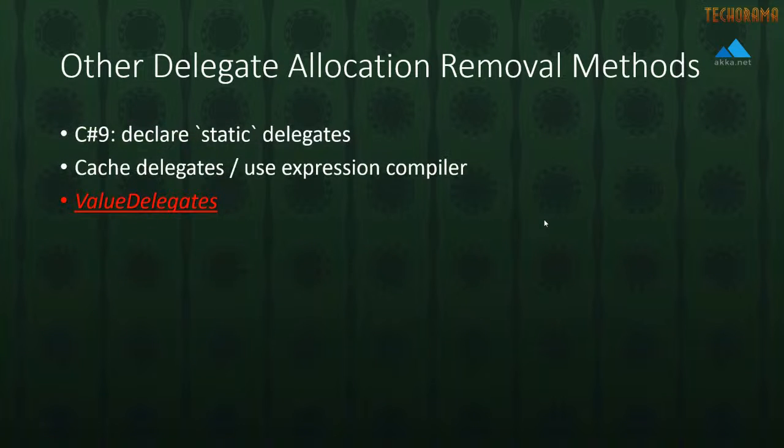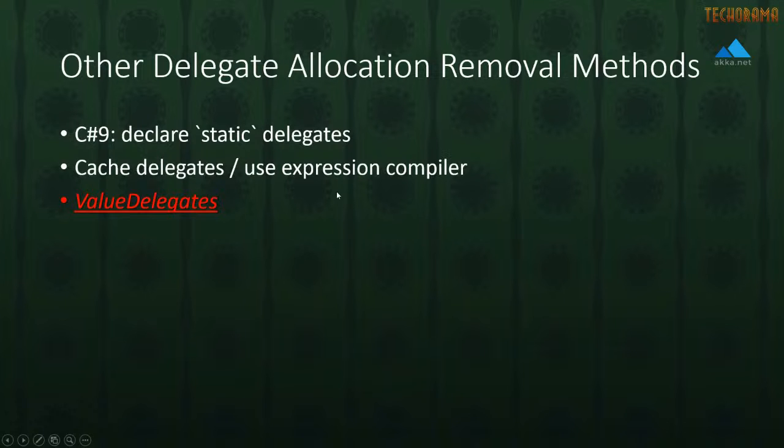Now, there are other techniques for eliminating delegate allocations aside from inlining it. Some people may not like inlining a delegate because maybe the delegate actually performs some fairly complex work. Well, one technique you can use in C# 9 is to declare a static delegate. This means that the compiler is only going to allocate a single instance of that method. Therefore, any state you want to pass into it, you have to pass in explicitly. So you need to declare parameters and then pass your parameters in, and then the delegate can operate off of them that way. That's a perfectly fine way of eliminating allocations as well.